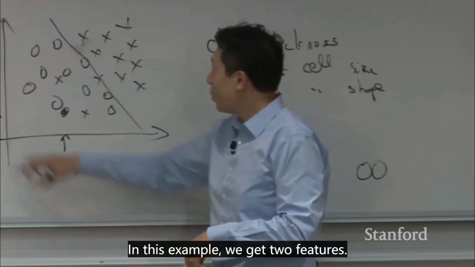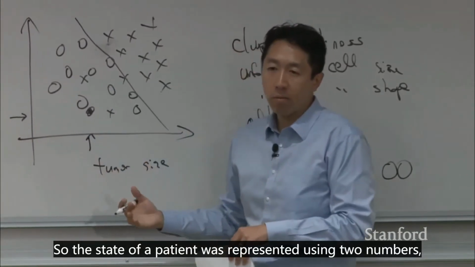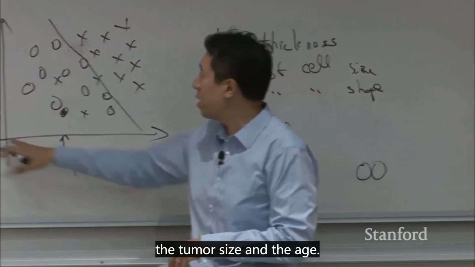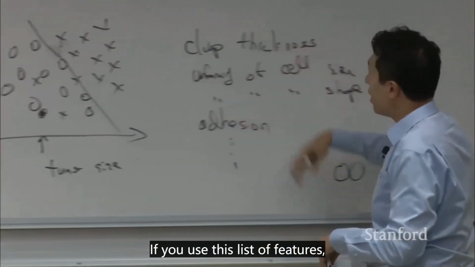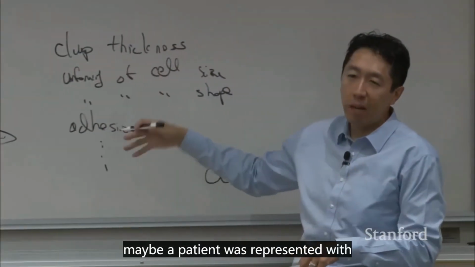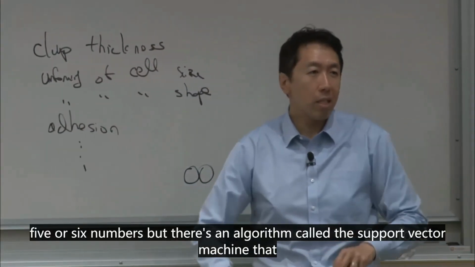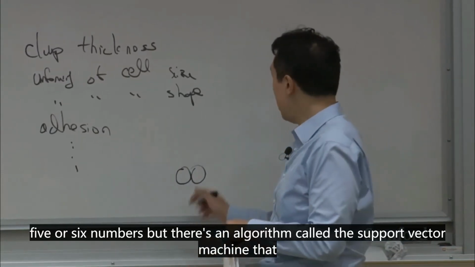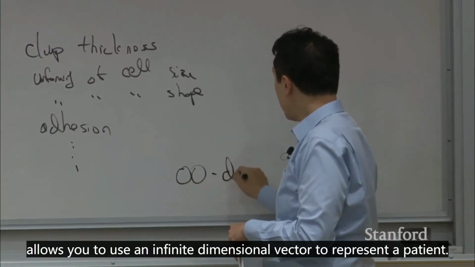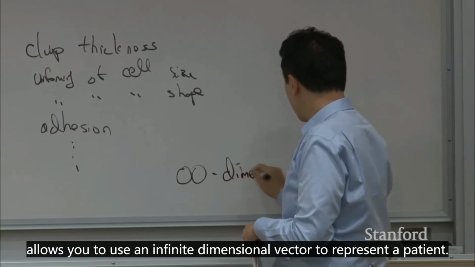In this example, you get 2 features. So the state of a patient will be represented using 2 numbers, the tumor size and the age. If you use this list of features, maybe a patient is represented with 5 or 6 numbers. But there's an algorithm called the support vector machine that allows you to use an infinite dimensional vector